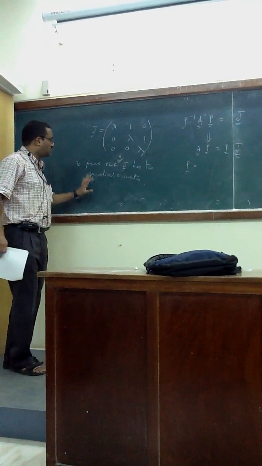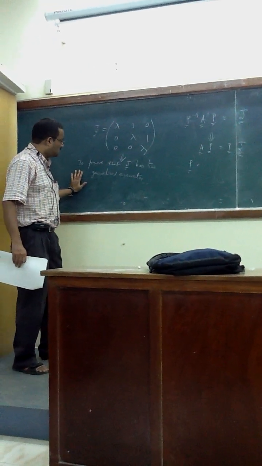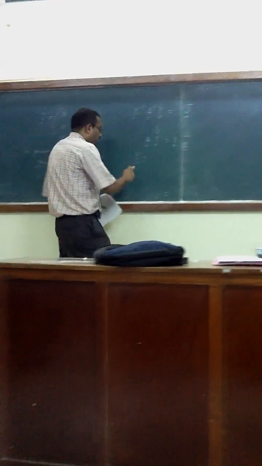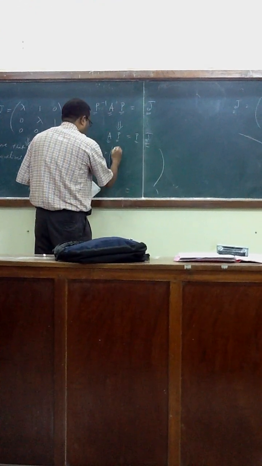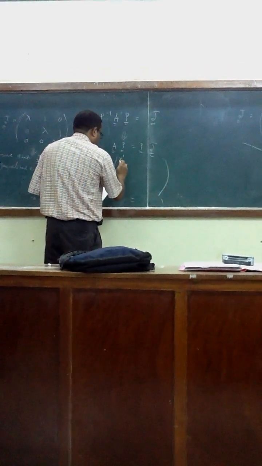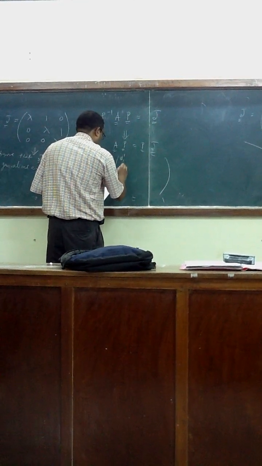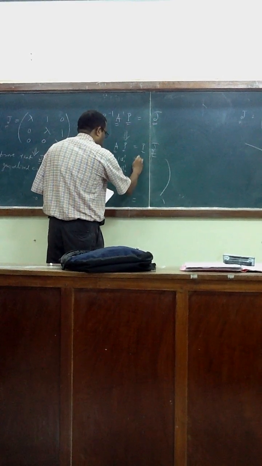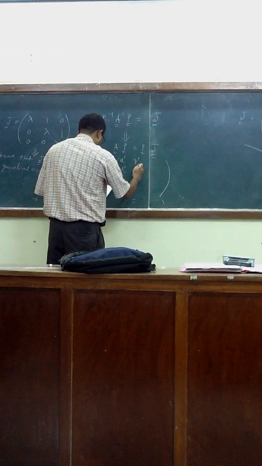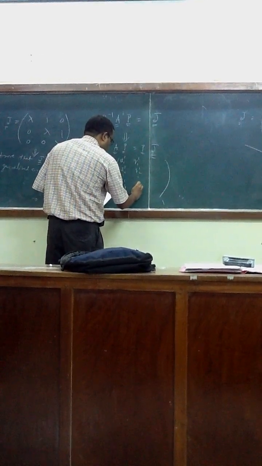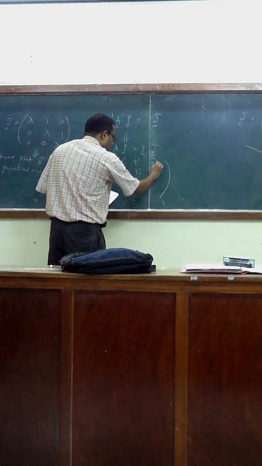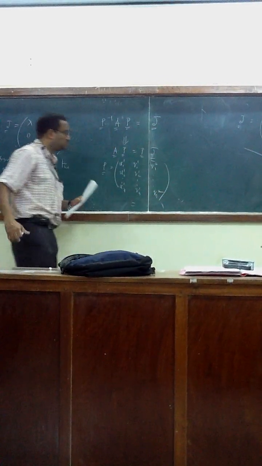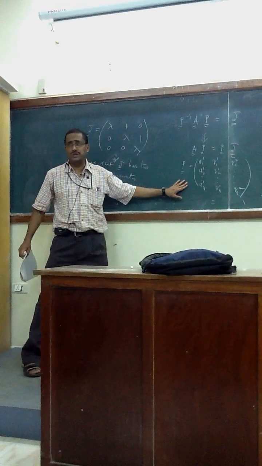So I am assuming that for this case we have 2 generalized eigenvectors. I have to justify that. If I assume I have the 2 generalized eigenvectors, then I have my original eigenvector, say x1, or you can directly say u1, with components u11, u12, up to u1n. My first generalized eigenvector is q11, q12, up to q1n. The second generalized eigenvector is q21 up to q2n. This I am assuming.